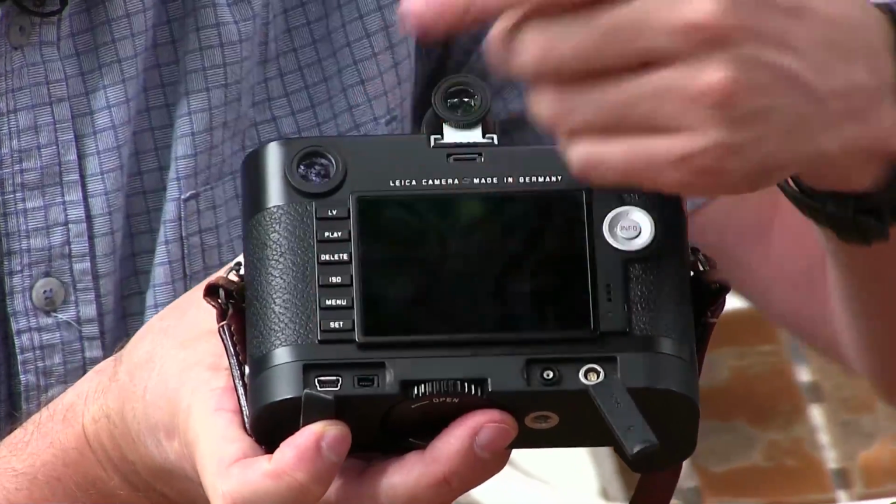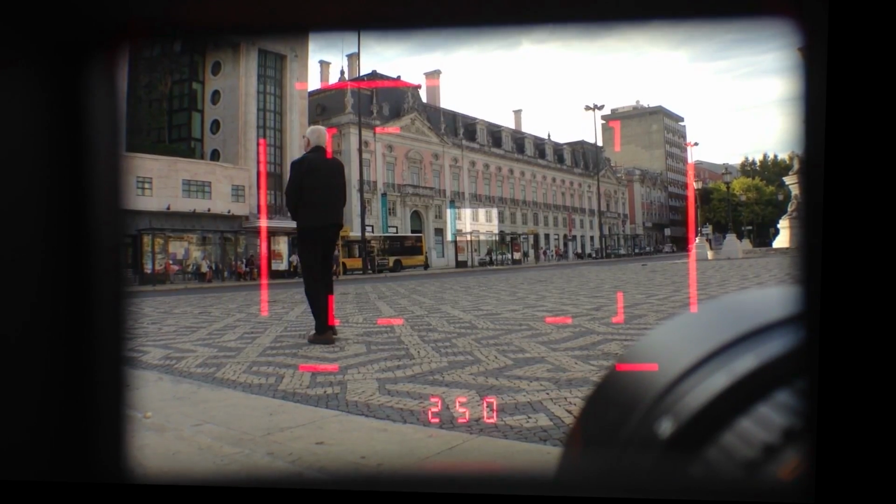In this week's episode, I'll give an honest look at the Leica M system, the things that I love and